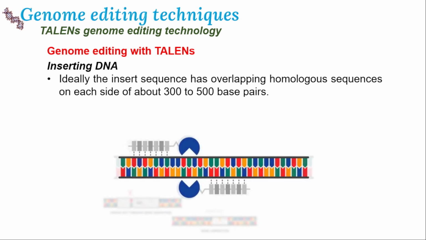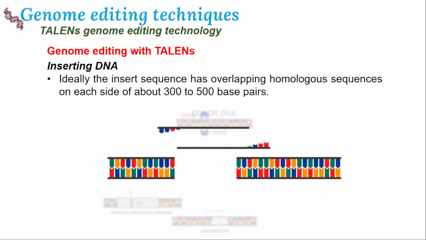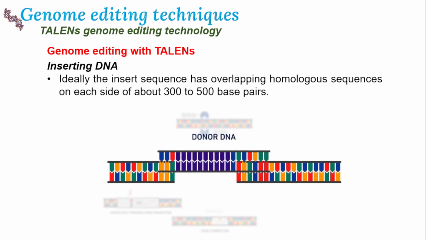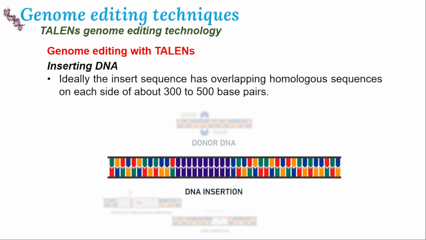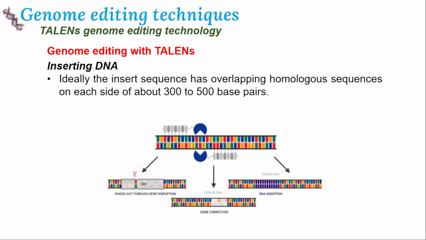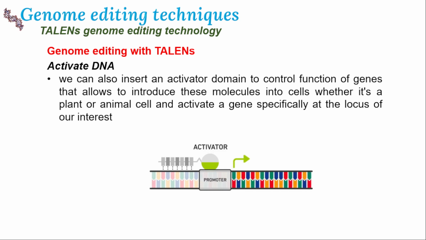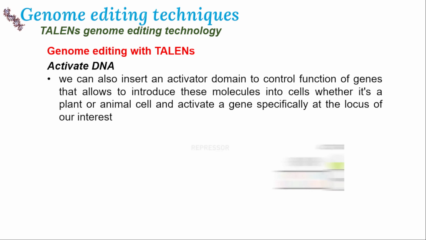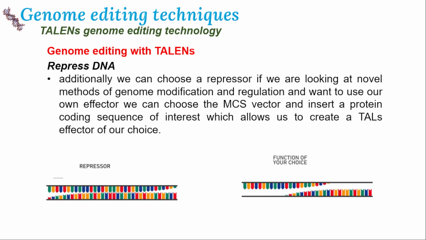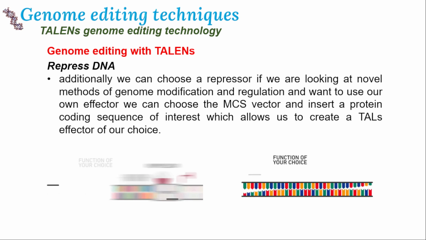Even to insert the DNA of our interest, we can easily insert around 300 to 500 base pairs in the affected parts, and we can insert the DNA so that the expression of the DNA will be there in multiple folds here. Even we can activate the DNA instead of using nucleases. We'll flank the TALE protein with an activator. It will activate the expression of genes in multiple folds, and then more expression takes place because of the activation. Even we can repress the functionality of the genes by adding a repressor to the part here. So that's where we can edit with TALENs. We can use this TALEN technology in